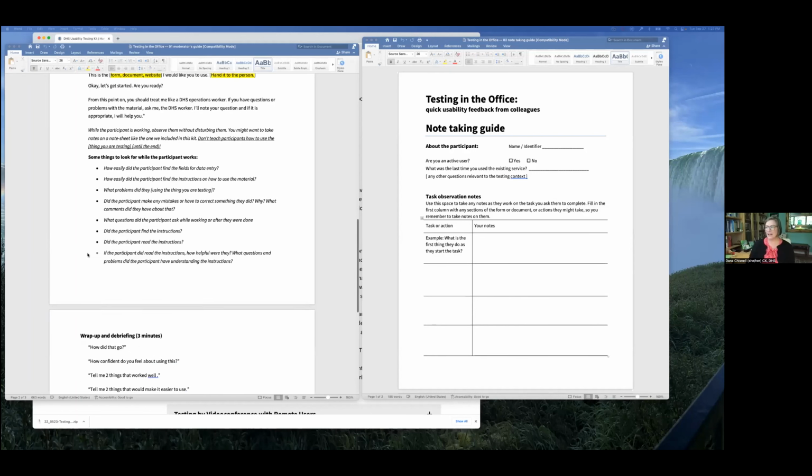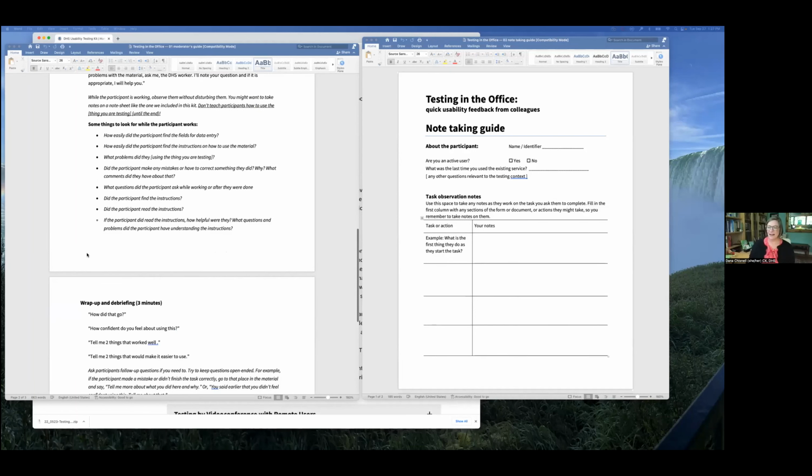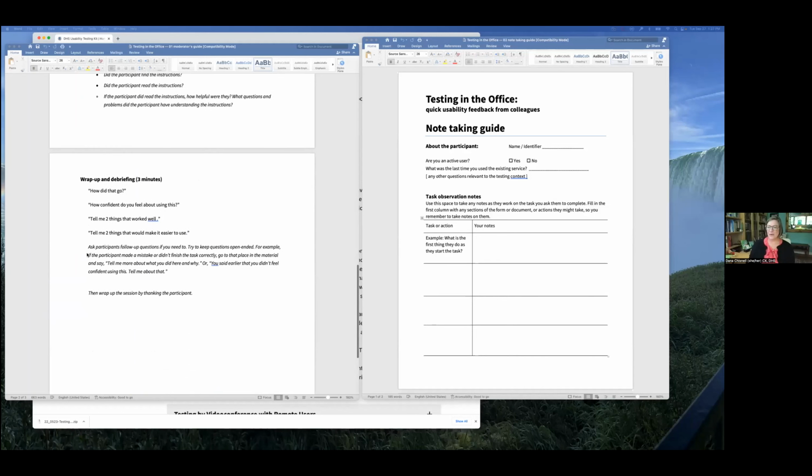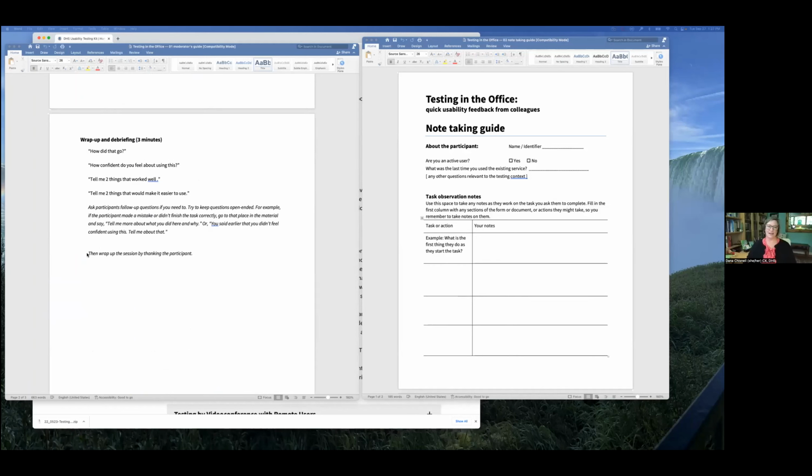And then in the guide, we wrap up by including a specific phase around debriefing and making sure that we get final feedback from the participant and thanking them profusely for their time and their participation. So that's one piece. That's a template that comes in the little zip file that you can download in the kit. And the other is a note-taking device,